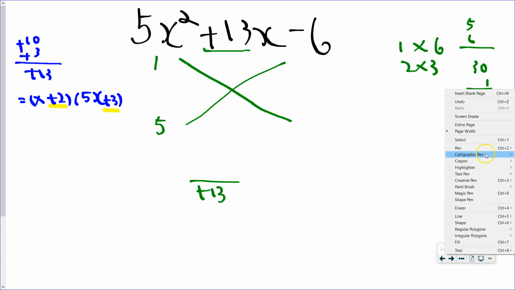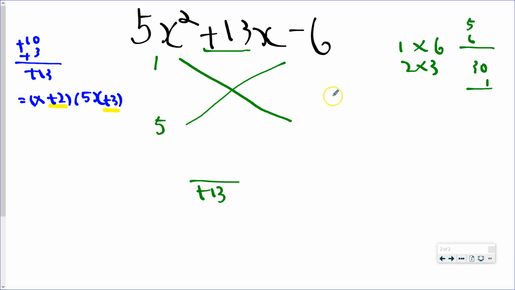After all that hard work, I'm just going to try 3 and 2 this time. 3 times 5 is 15, 1 times 2 is 2, get to a positive 13. Of course I can do that, plus and minus, plus, minus. So when I read the answer on the right hand side, it is x plus 3 and 5x minus 2,